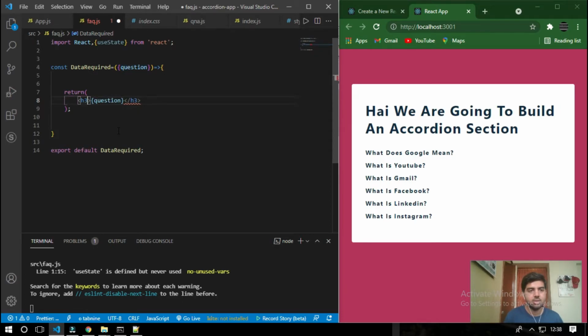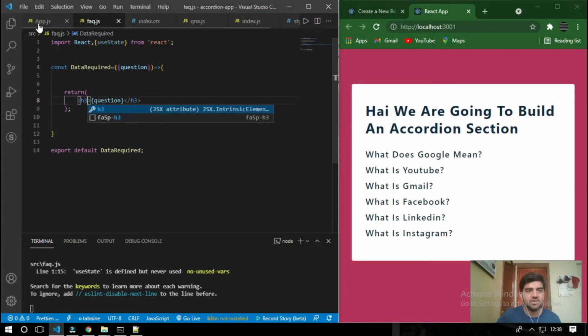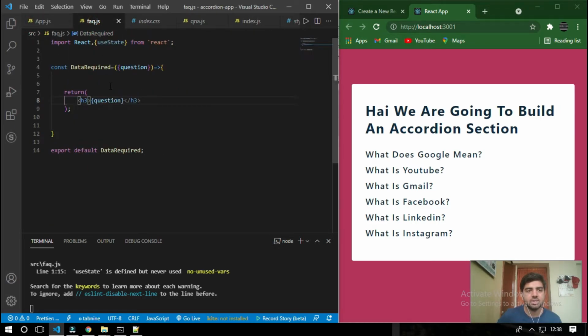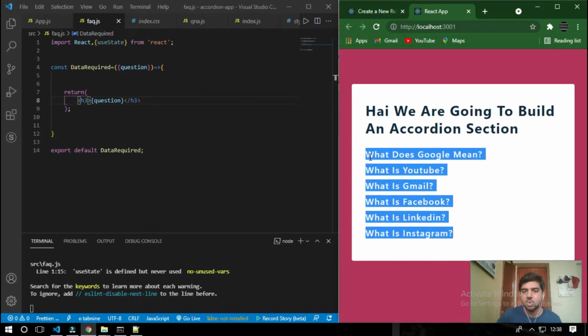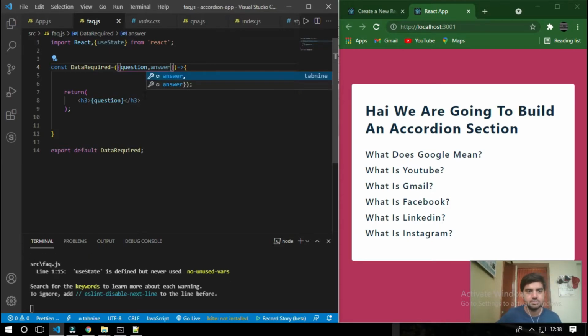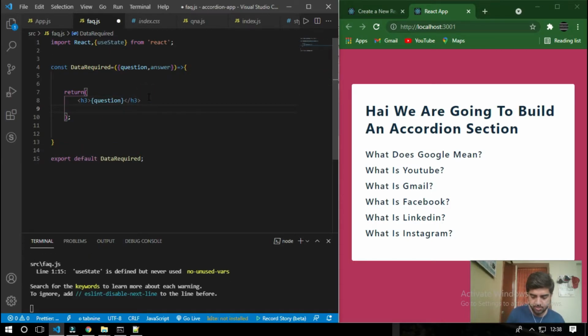When I take question from the accord and use it in the faq.js and return it, you can just see that instead of hi, the question is being printed, the question is being present on the result, server result. So similarly I can also take answer, and in the p tag I'll just say